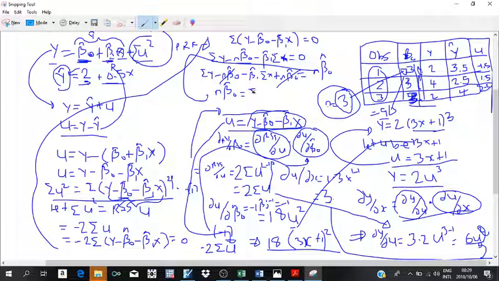So we have summation of y minus beta hat 1 summation of x. Okay. So now from here we can divide everything by n. So this divided by this. So we have